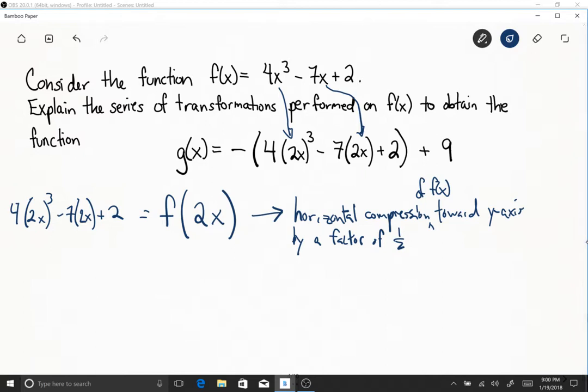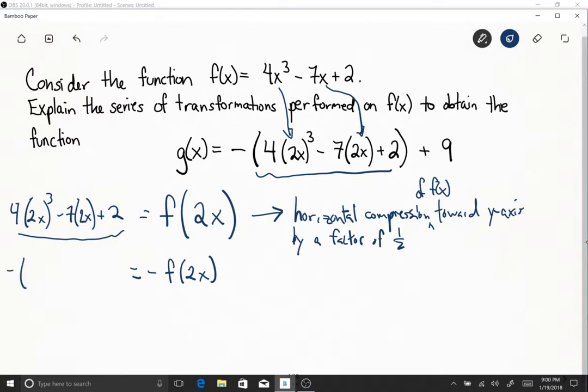Okay, so now what do we do afterwards? Well, notice that negative times this whole quantity. That whole quantity is indicated by that. So then we have negative f of 2x. So that should be negative times this whole quantity, 4 times 2x, the quantity cubed, minus 7 times 2x plus 2. And so what does that do? Well, notice it's outside the whole thing, so that's a reflection